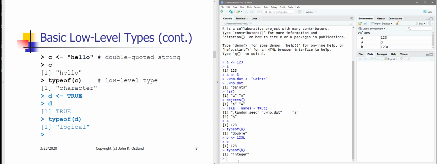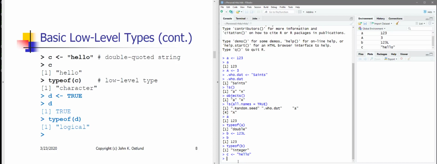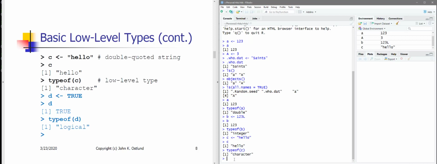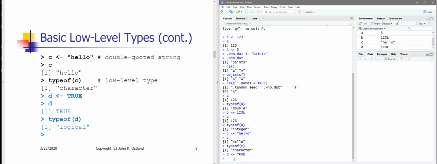Here's an example of a string in double quotes. So the C variable is now this string in double quotes, and typeof C will tell me that that thing is of character data type. And then finally, for the fourth of these low-level data types we're going to use, here's an example of a